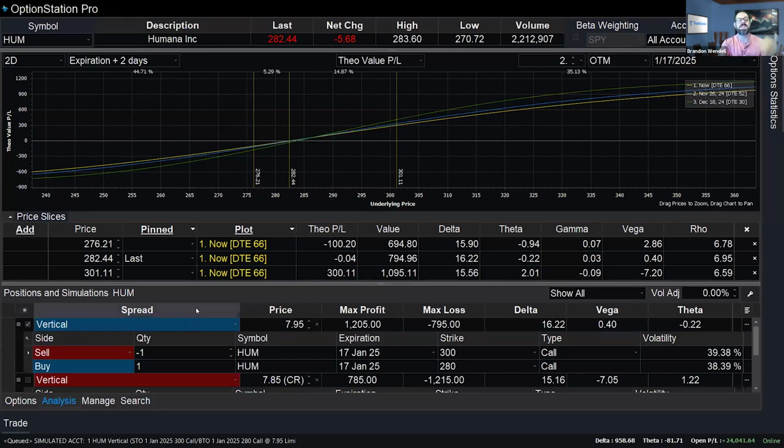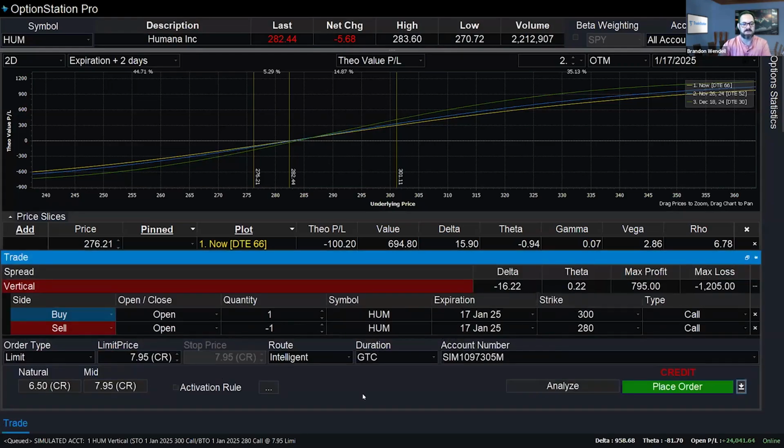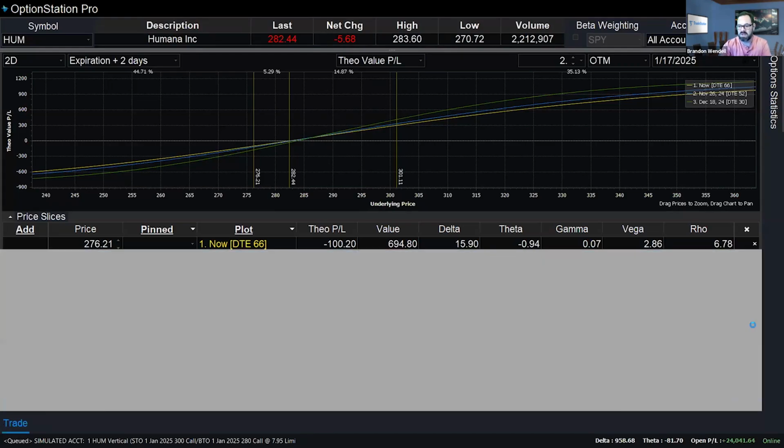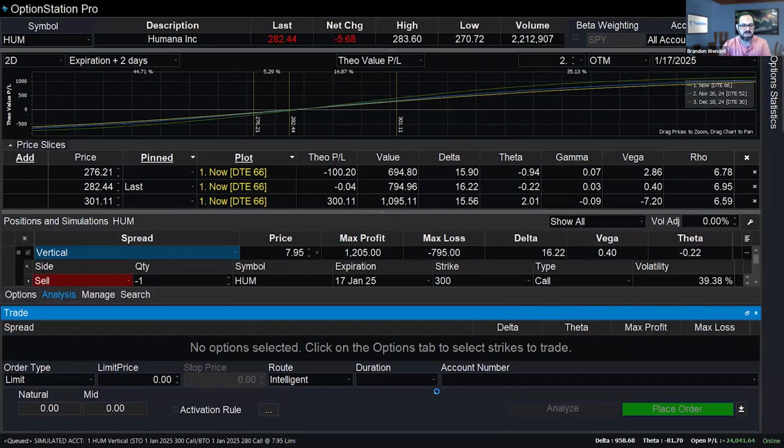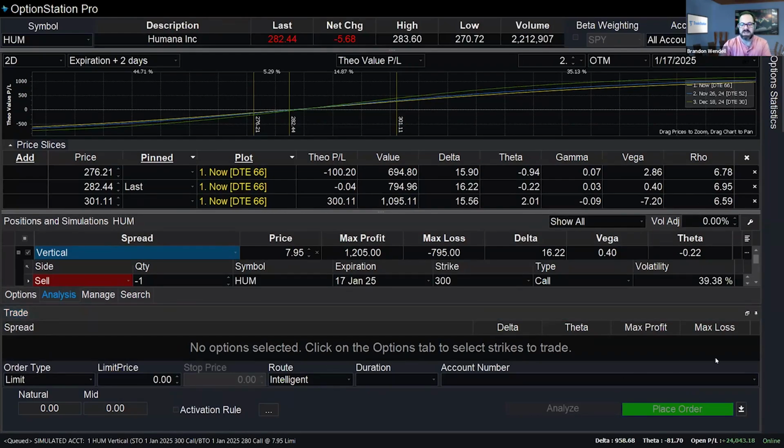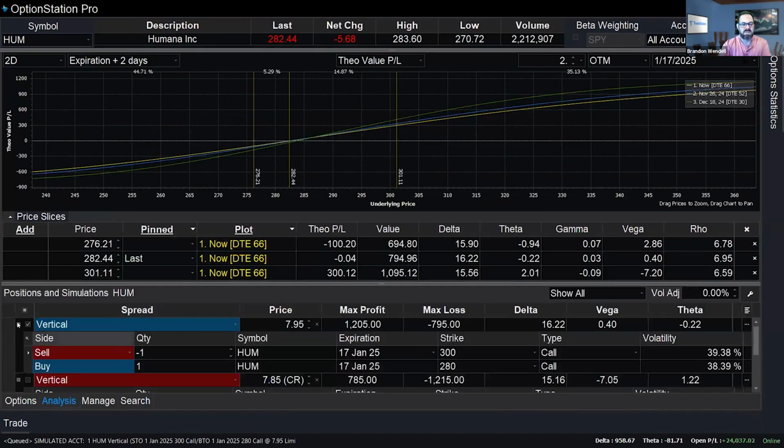Again, you could do this once you're in the position only. Now that I'm in the position, I go ahead and I decide, okay, great, I want to exit if this goes against me. Let me clear this real quick and start fresh. So there I did my analysis. This is the actual position I'm looking to do, where I'm going to buy the 280, sell the 300. All I have to do is on that position, which would actually be in the manage tab, right click and put in close this position. In this case, I'm going to do